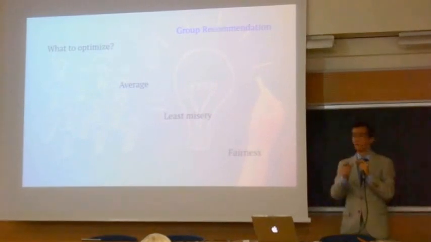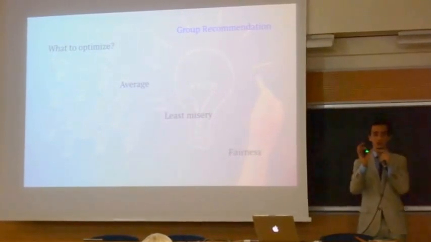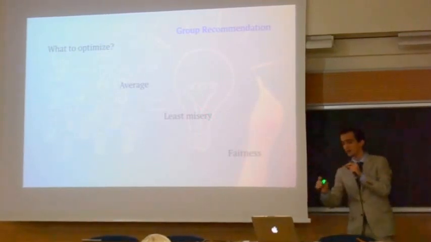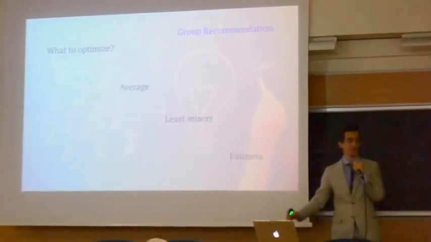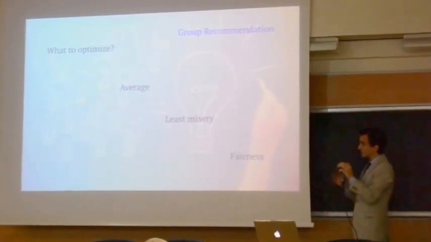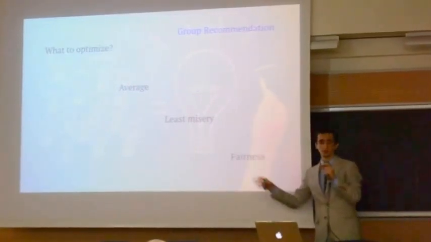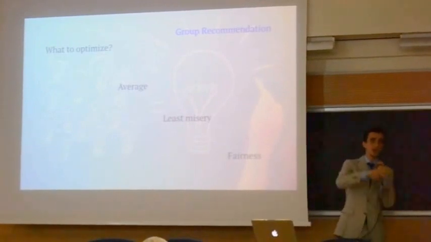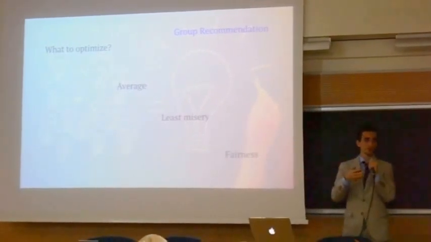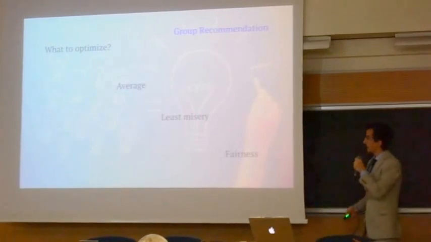Use the average profile of all the users that represent this group. Use the least misery, that means try to satisfy the least satisfied of the group. And then the variance function, that intuitively can be the best one, because this function will consider the standard deviation and the average as well, with some weights in the middle that have to be tuned, as always.